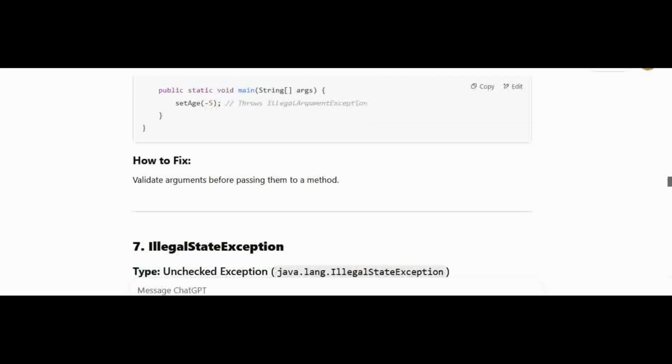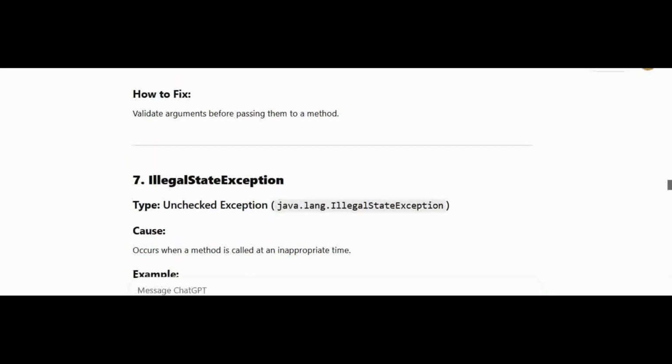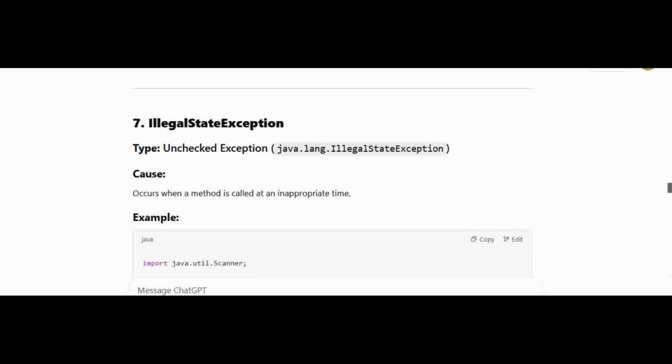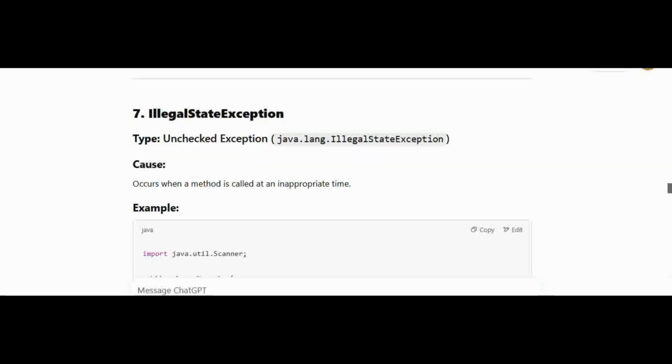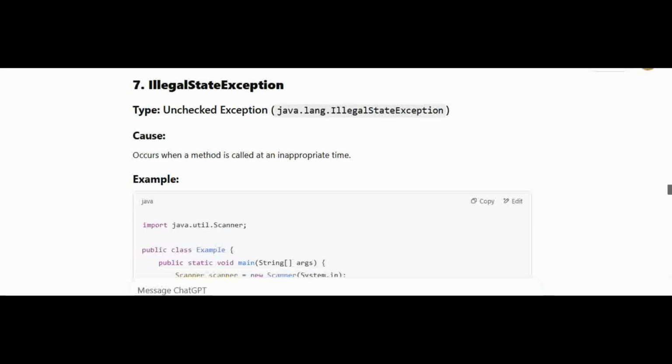The next one we are going to look into is the IllegalStateException, still under the unchecked exceptions. Type: unchecked exception, java.lang.IllegalStateException. Cause: it occurs when a method is called at an inappropriate time. Examples, in Java: import java.util.Scanner;